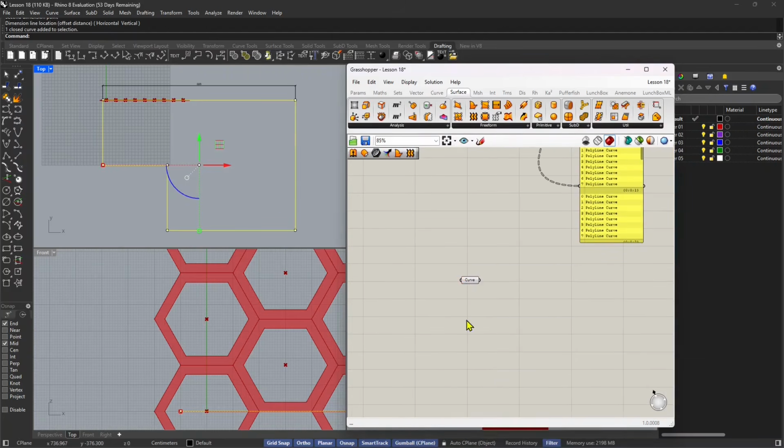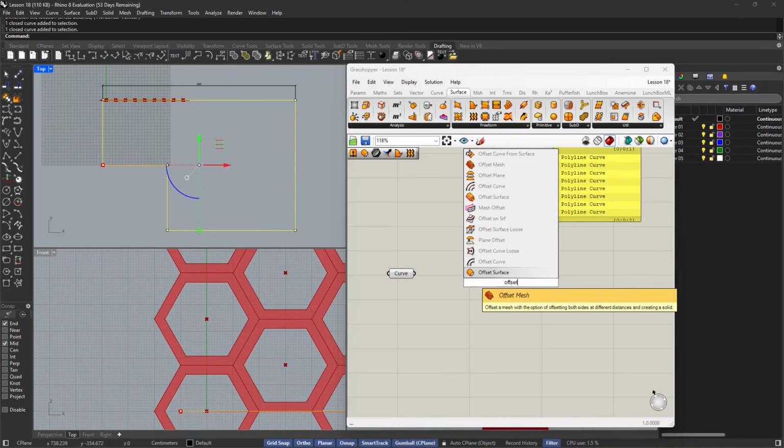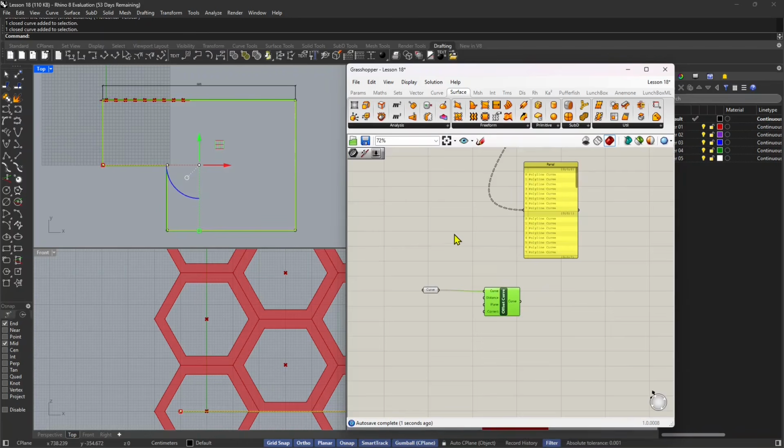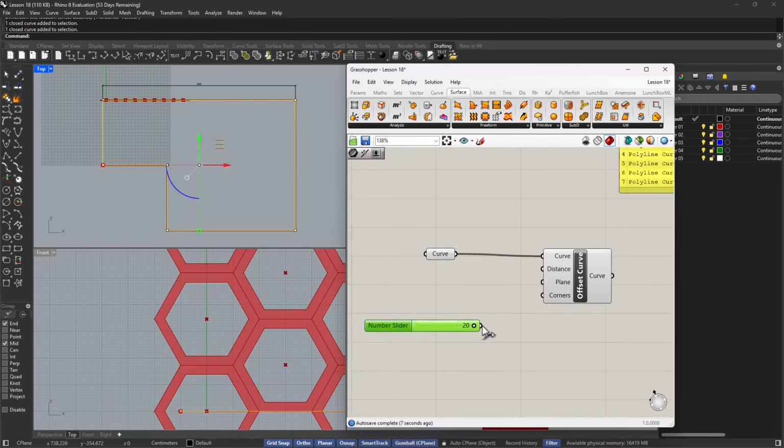So I'm going to define a curve by inputting a curve node, right-clicking and setting it to be a curve. And then I'm going to do the offset curve directly in Grasshopper. And again, we need a slider. So if we're thinking that we are in centimeters, I think a good slider for a wall